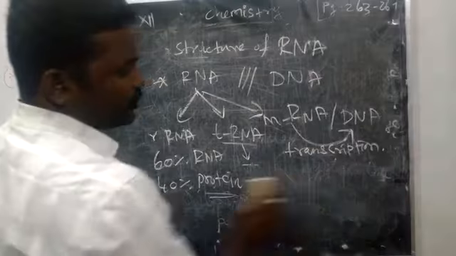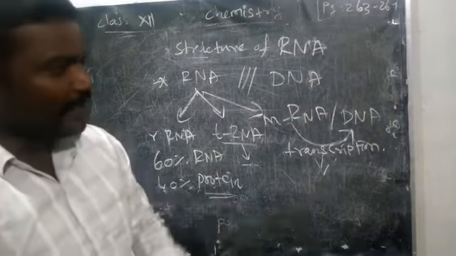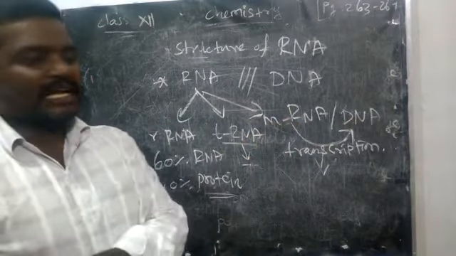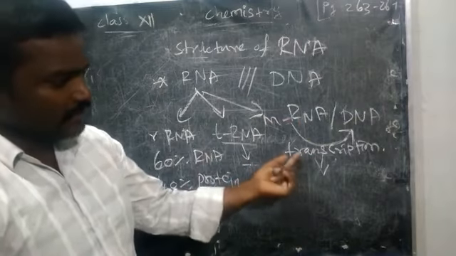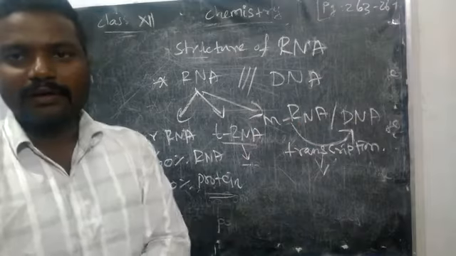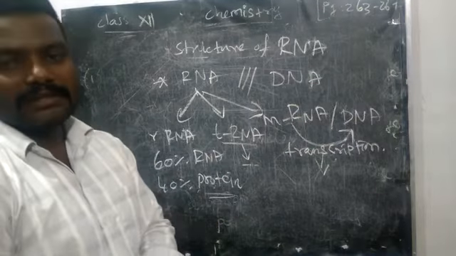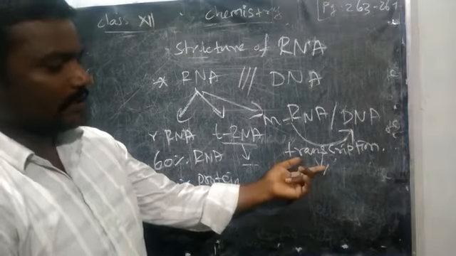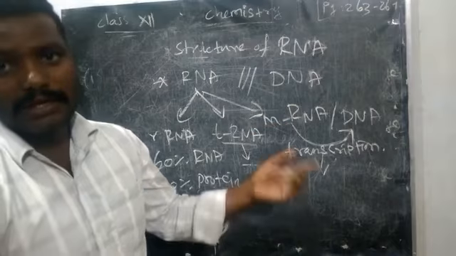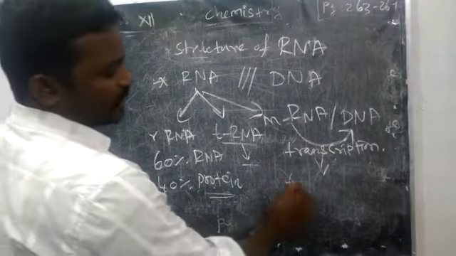So you may get confused. See, mRNA is found in DNA. DNA uses this mRNA to transfer the genetic character. This is called transcription, right? So where is it transferring to? To the ribosomes, because only there are they synthesizing the proteins. So this transfer of genetic character to the ribosomes is called translation.